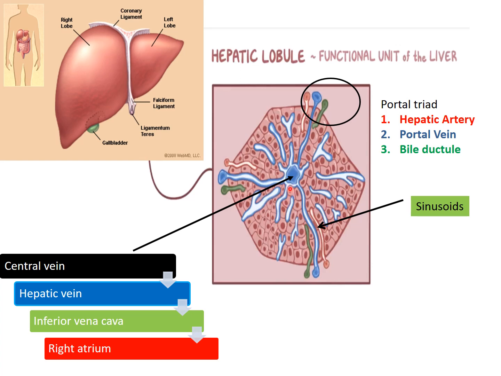The cells, as you can see, are one cell thickness or two cell thickness, and these cells are known by the name of hepatocytes. These comprise approximately 60% of the cells. These cells are just like any other cells of the body. They take up the oxygen and the nutrients and release the excretory products. Besides this, one of the most important functions of these hepatocytes is detoxification of the chemicals and substances which are exclusive to the hepatocytes.